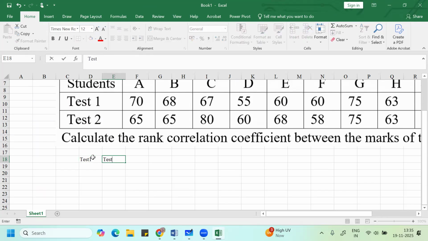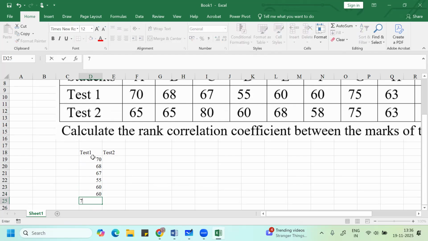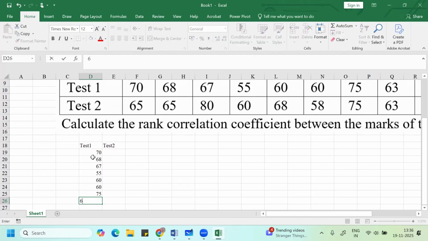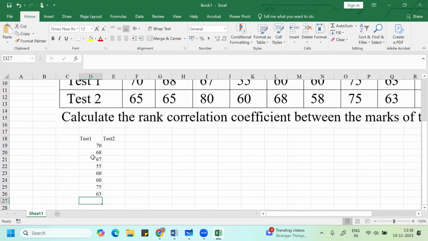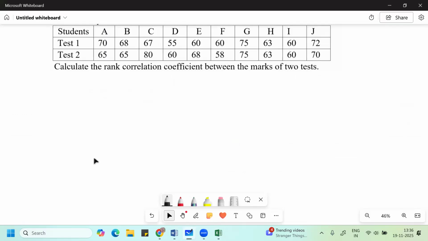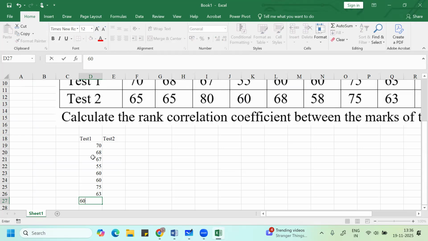Test one, then test two. Test one is 70, 68, 70, 68, 67, 55, 60, 60, 75, 63, 60, 72, 60,